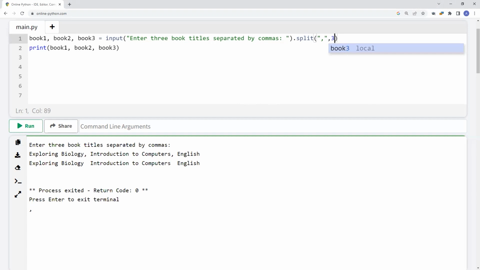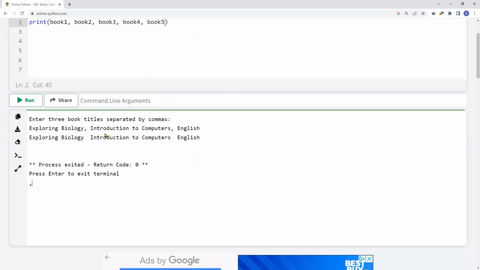All right, let me show you another example here. Let me remove this. This one will also allow unlimited inputs based on, of course, the variable that you have here. So if I have book 4, book 5, and I don't have to say max split of 5 back here. And I'm just going to print also book 4, book 5. And then if I run it,